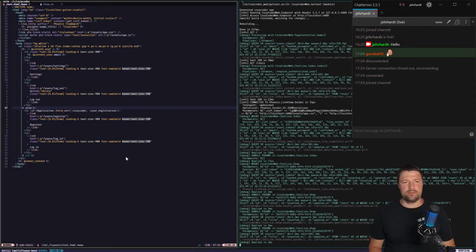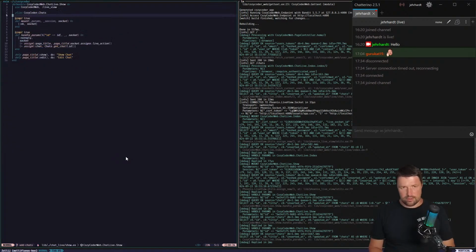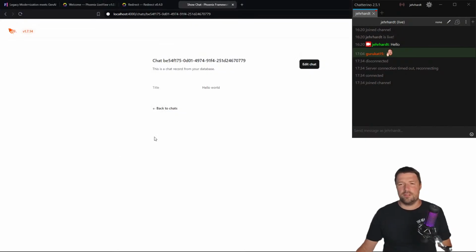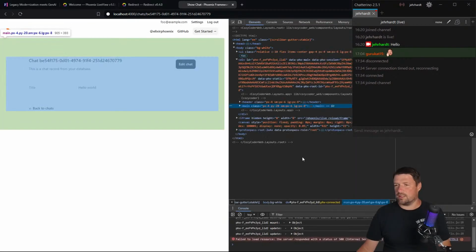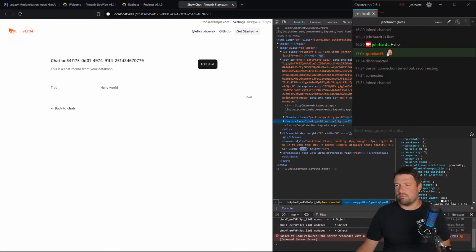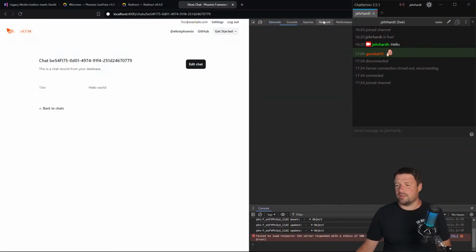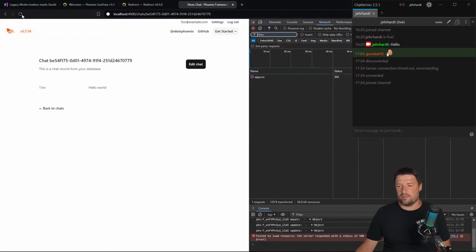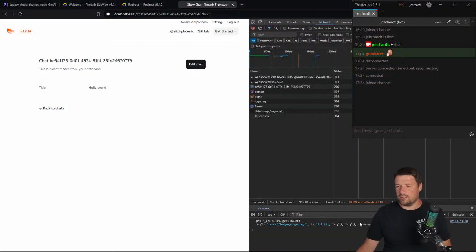So we don't need the root here anymore, but we want this is a live view for showing. So basically this view that we are seeing here is actually the live view that we saw recently. So when we make this a little bit funnier and look into the network here, we see that this is actually the